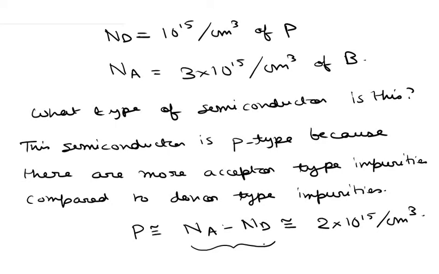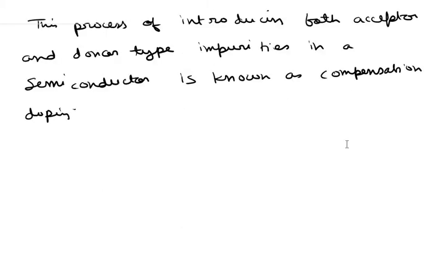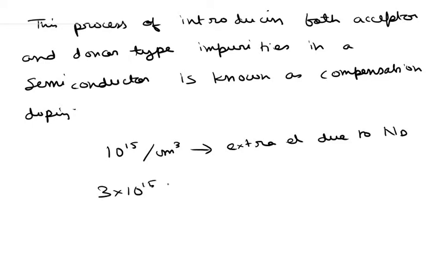And Na equal to 3 into 10 to the power 15 per centimeter cube of acceptor type impurities contributes 3 into 10 to the power 15 per centimeter cube holes in the valence band. So we have 10 to the power 15 per centimeter cube of extra electrons due to Nd, and we have 3 into 10 to the power 15 per centimeter cube of vacancies, which are holes,